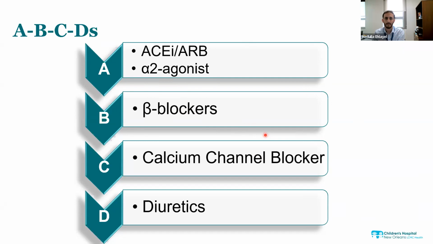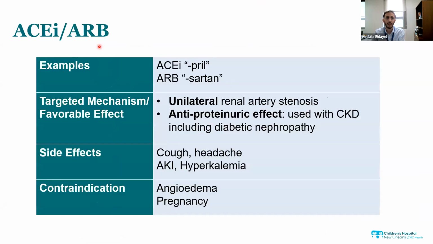Okay, done. So the last few slides will be the actual medications and some of their side effects. So ACEs and ARBs, like ACEs, usually the medication name ends with "-pril", enalapril, lisinopril. So if you see that, you know this is an ACE or ARB, losartan or valsartan, these are common medications that are ARBs. We said if the medication has a certain benefit, it's good to use it if you target certain mechanism.